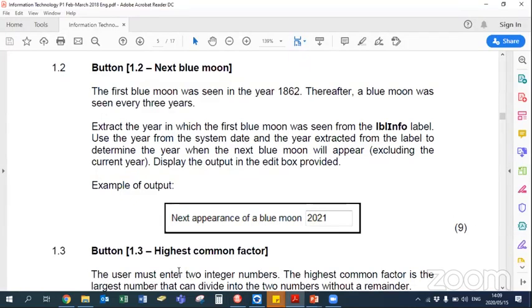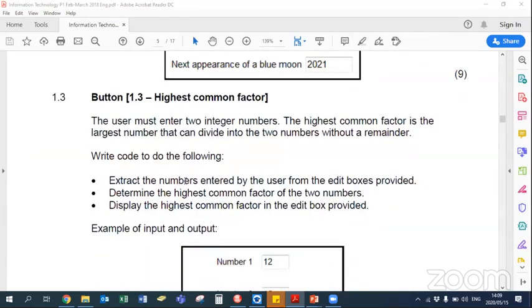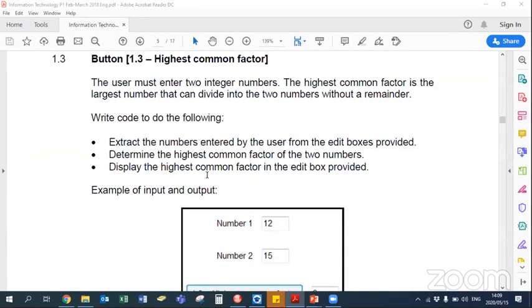So let's have a look at the next question. Now, in this question, it says the highest common factor needs to be determined of 2 numbers. And if you guys go to the exam guidelines of 2018 that I've been speaking about, you will see there that